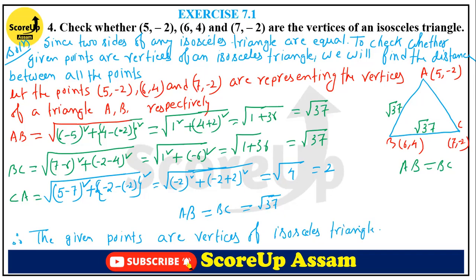Okay, I hope it is clear why it is an isosceles triangle. An isosceles triangle is a triangle whose two sides are equal. That means the length of the two sides is equal. Isosceles triangle amount of triangle jar দুই সাইডের length equal থাকবে। এখন আমরা AB আর BC same length পাইছি।